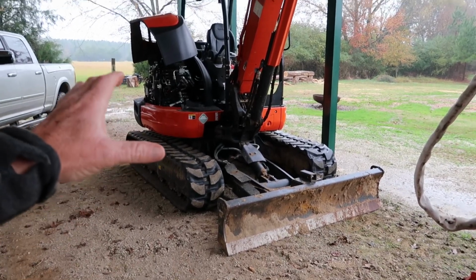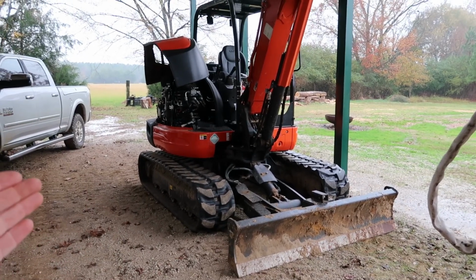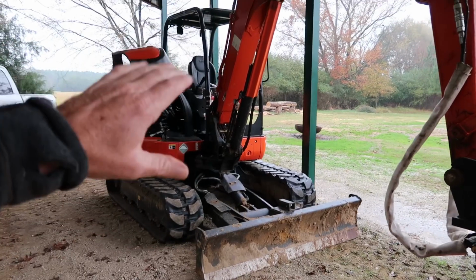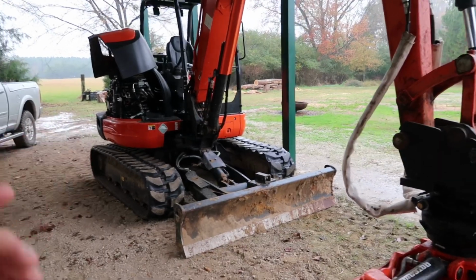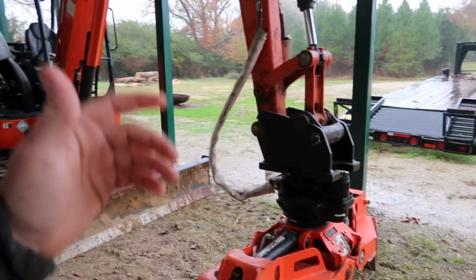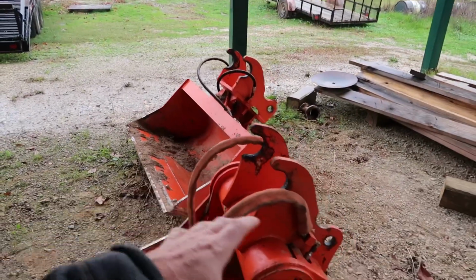A little bit bigger than this one. I don't like the 80 because it's a good bit bigger than this one, and for working in yards and stuff, just not real good. And then I got to deal with some of the other issues that I really don't like on this machine. Some of the few dislikes that would speed me up on what I do. But I definitely will have a pin grab, but all this stuff right here will go on